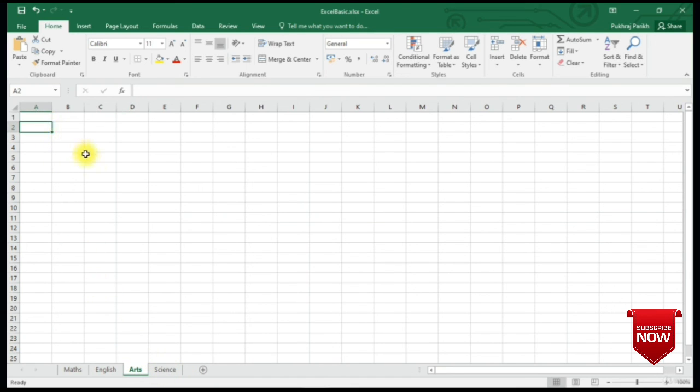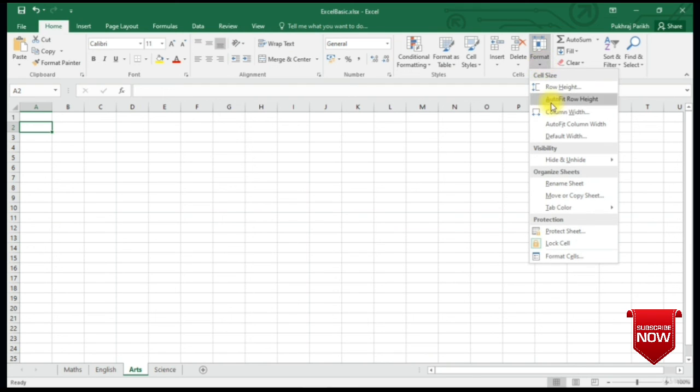There is another way we can hide, unhide rows, columns and sheets. This is by going in the Home tab, which is usually the selected tab by default, and clicking on this Format button. Here under the hide, unhide option, you will see rows, columns and sheet options. Let's hide and unhide a sheet to see how this works.